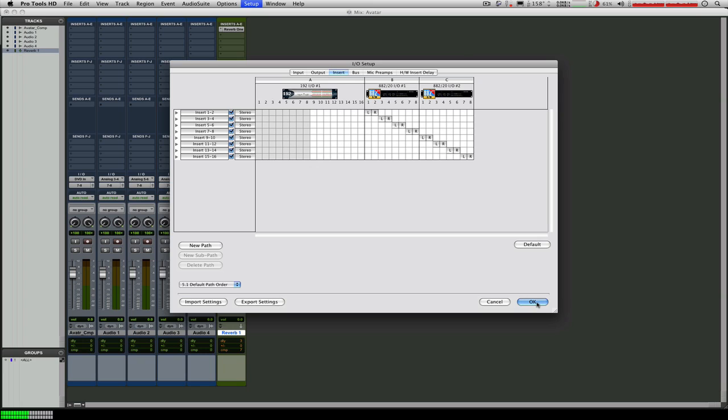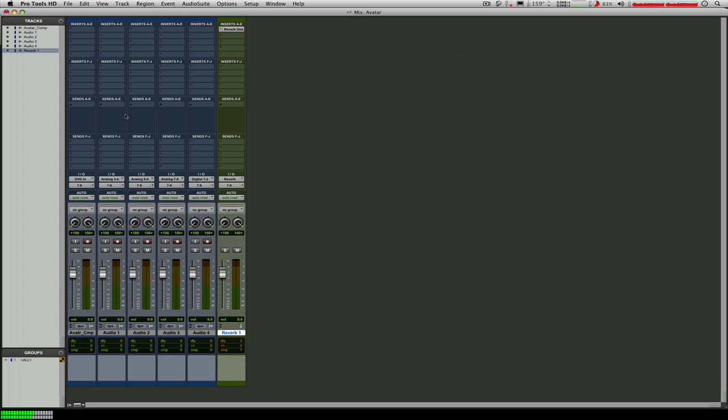It's the reason I attached them to the system in the first place, so that if you had hardware, analog or digital, it doesn't matter, but outside of Pro Tools, non-virtual hardware, hardware reverb, or maybe a nice old tube compressor you really like, you can actually use it with Pro Tools, and it allows you to do so by creating an insert path here. And what you would do, as you might expect on the insert side, is go down here to I/O, and you can use insert 1 and 2, or 3 and 4, 5 and 6, whatever you have it patched into based on your I/O setup. So if, for instance, I had a nice stereo compressor hooked up to my insert 1 and 2,